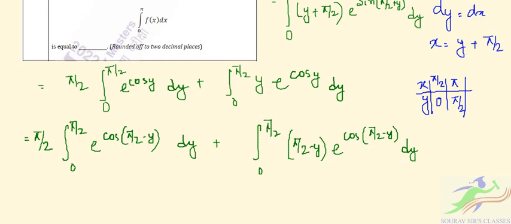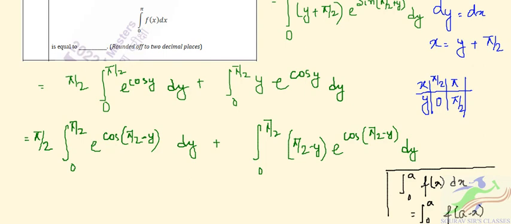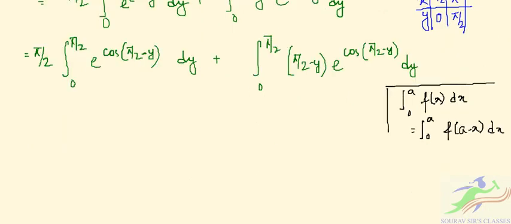so how can we write this? Now go to this basic idea: we know that the integral from 0 to a of f of x dx, we can write it in this manner, as 0 to a of f of a minus x dx. So we can write it in this manner. So this is the form of this. Okay,